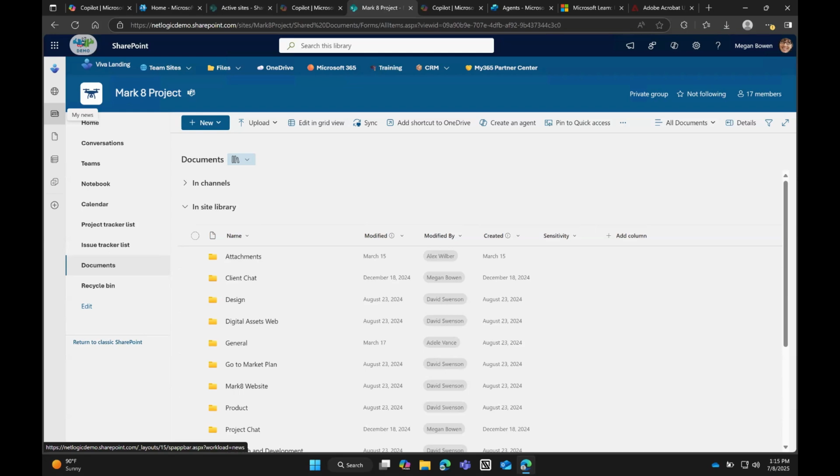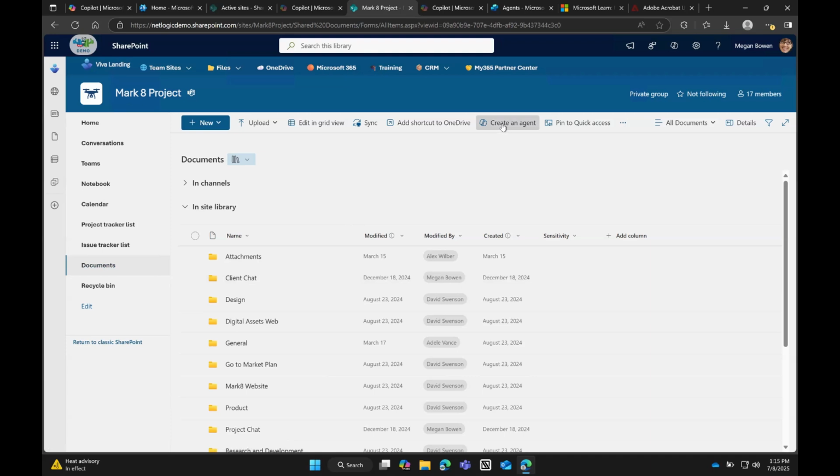So here we are within SharePoint. I am using an account that has a Microsoft 365 Copilot license, which means it is that $30 per user per month license. That is what's going to give me the ability to create these agents here. And probably one of the quickest agents you can build is if you go to a SharePoint site, you click on your documents library, which is the location where all of your files for that particular site for that particular group are located. And near the top of the screen, they made it so easy that there is a single button to create an agent.